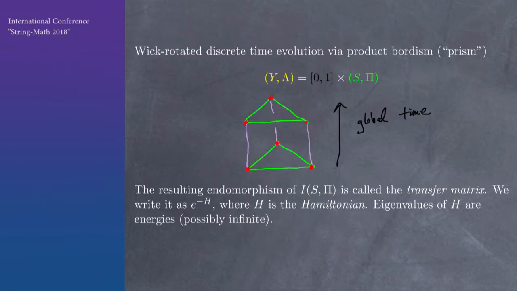And in particular, we could look at the Hamiltonian picture, where I start with a one-dimensional configuration, which is just a polygon. I cross it with time, so we get this prism. And well, we get a self-map of this vector space that in condensed matter is called the transfer matrix. You can think of that as e to the minus Hamiltonian, and so it gives you a notion of energy in this model, the eigenvalues of the Hamiltonian.